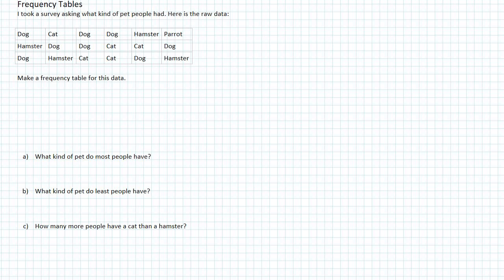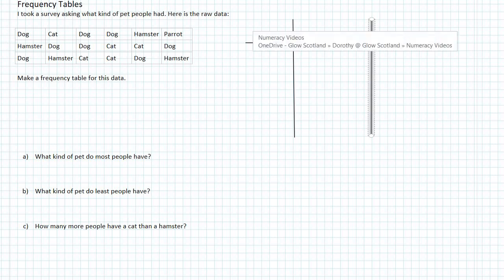So you would always use a ruler when you're drawing graphs and charts. I'm just going to use the straight line drawing tool, okay? And I want to have 3 columns in my chart, okay? You might also see a frequency table called a tally chart, okay? So I'm going to have,